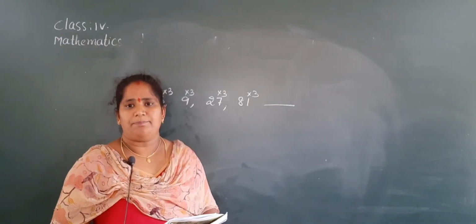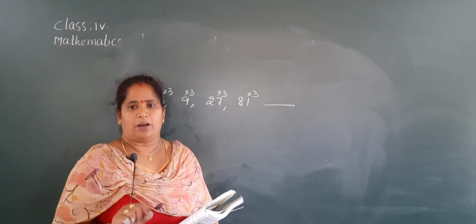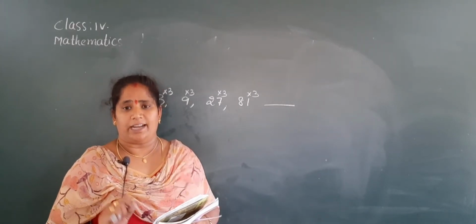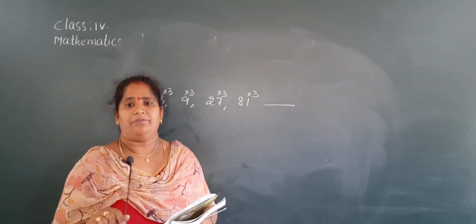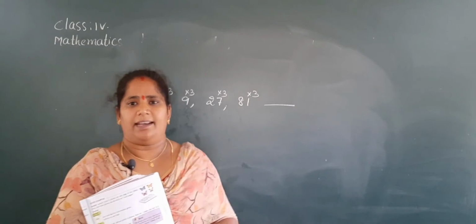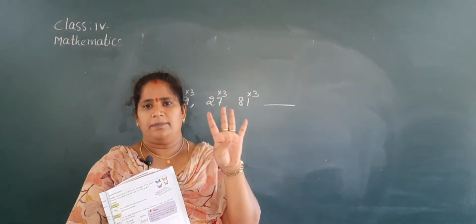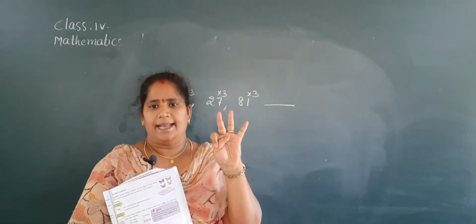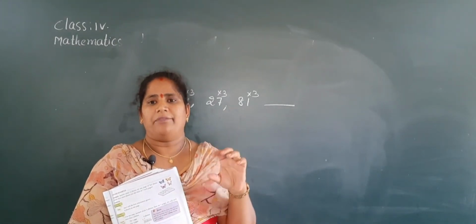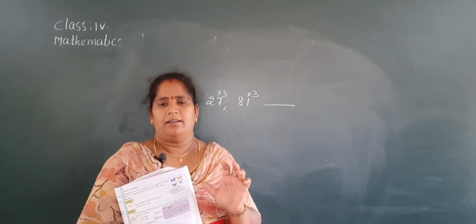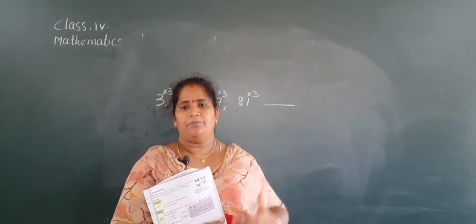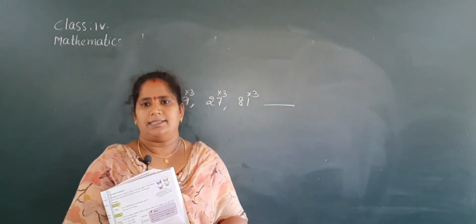And how to solve the problem? First you read the problem, try to understand it and underline the important points, and you have to select the mathematical operation. How many mathematical operations are there, Nana? 4. The mathematical operations are 4: plus, minus, into, division. Now you have to select the operation. After that you have to solve it. So like this, step by step we solve the word problems. Is it clear to you, children?